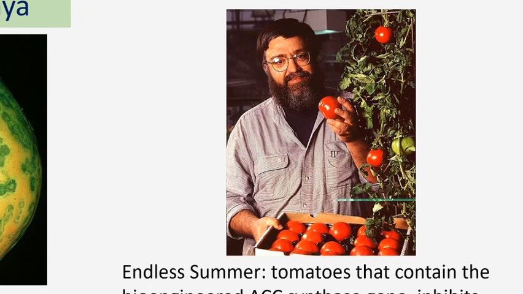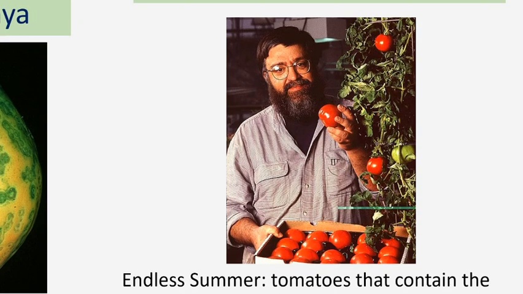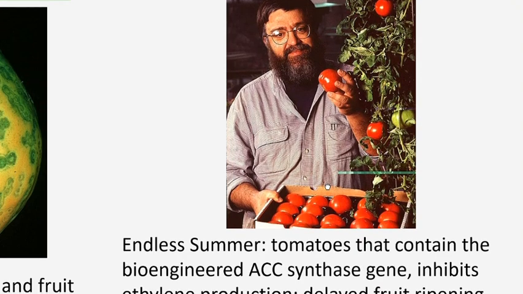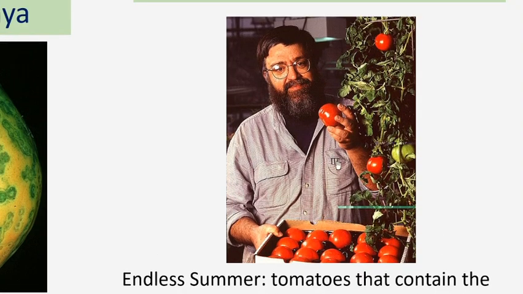This variety is called Endless Summer, produced in 1994. And this tomato has a unique feature that it can be stored and preserved on the shelf or in store for a long amount of time, compared to the conventional breeds of tomato. That means these tomatoes can be collected in ripened condition, and they can be stored for a comparatively longer amount of time in the store or on the shelf, and within this time the tomato will not rot or get damaged, because